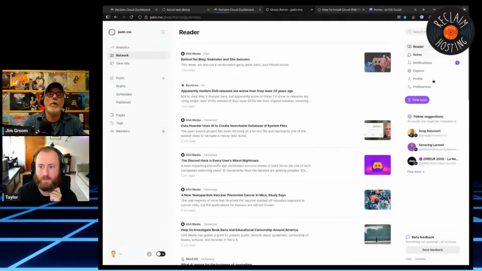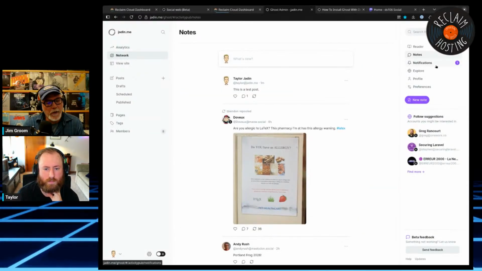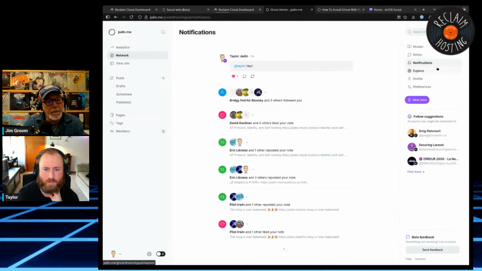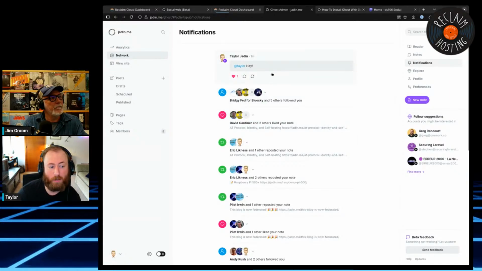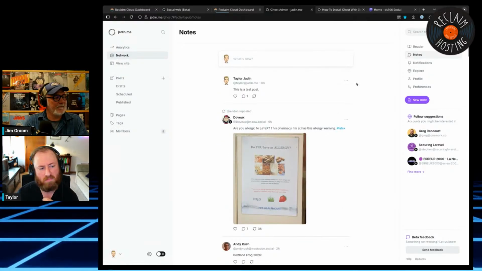With the notifications, do you get notifications when anyone @s you on Mastodon? Yeah. If anyone @s Taylor@Jaden.me, I would get a notification here. You would? Okay. Yep. Now the problem is this is a website, so I don't get a real phone notification. For me, that's a feature, not a bug. Yeah, exactly. I'd prefer to just go check when I want to. Nothing happening here is urgent. But just worth mentioning.